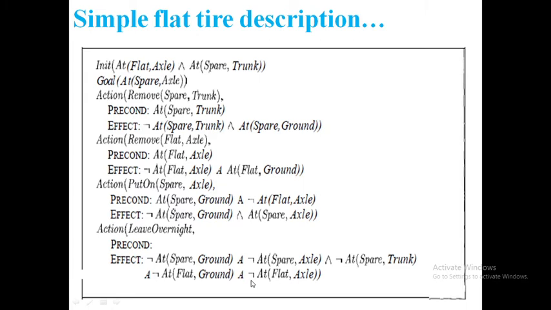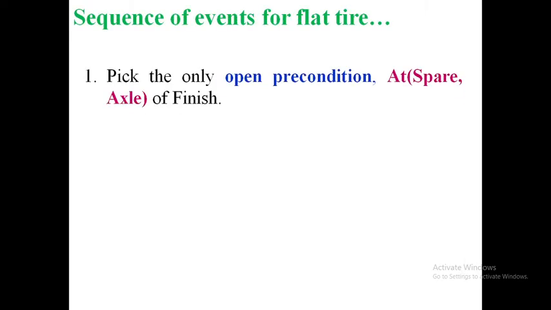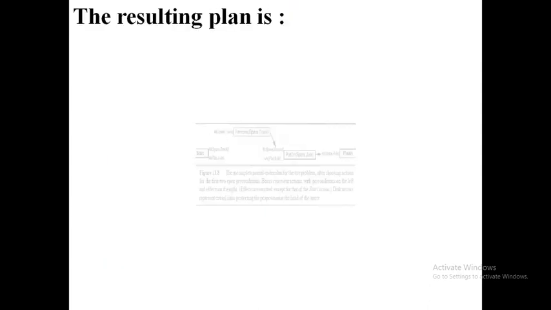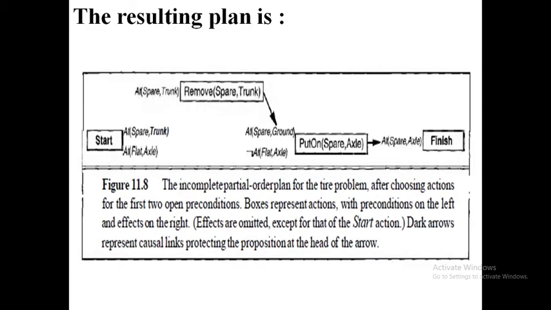Okay? So this is the simple concept, the spare tire problem, and we have a lot of theory here, sequence of events. I don't want to read all this, because it will confuse if I start reading it. Instead, I will show you only three diagrams. Try to see this diagram, that is enough for you. You can understand what is happening. See, in partial order planning, we can start from anywhere. That is the only thing I am repeating from the beginning.